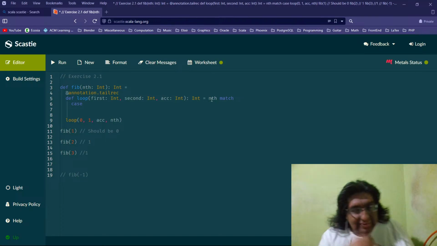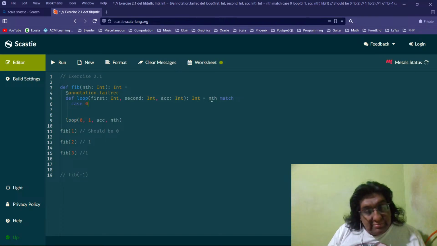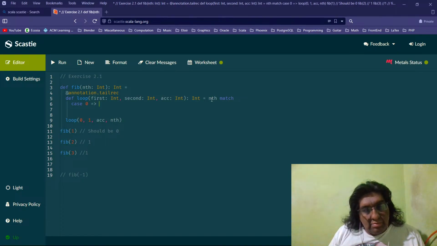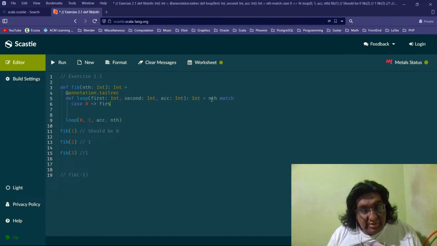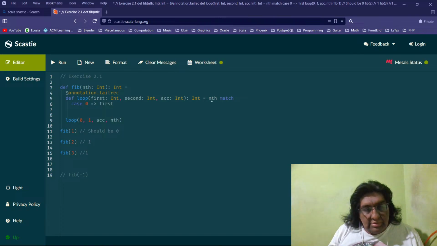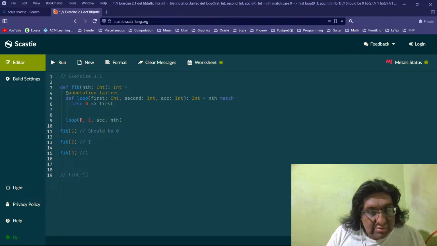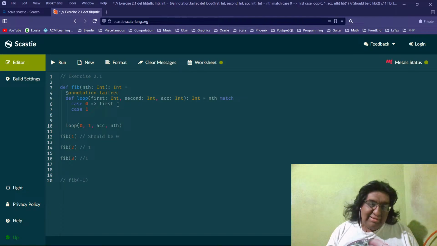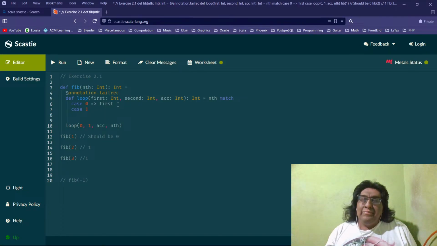If it is 0, we are returning the first, which is this 0. If it is the second,